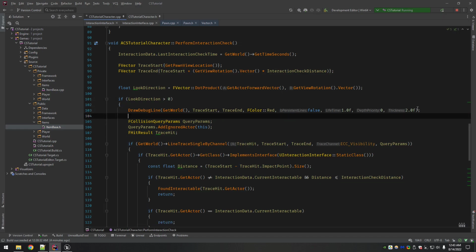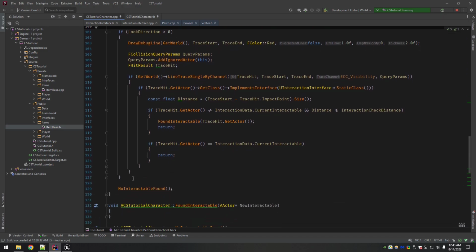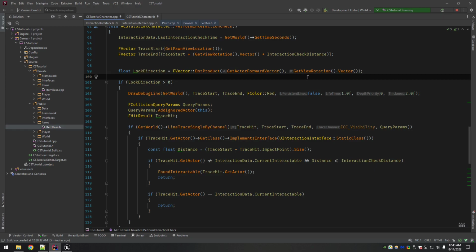Okay, so now we're not even going to ever shoot a line trace at all unless we are looking in the same direction the pawn is facing. Now again, I said it already, but if you don't care about this, don't worry about it. Just skip this whole piece. It's not going to affect anything. All right, I'm going to stop my editor and recompile and test this out.